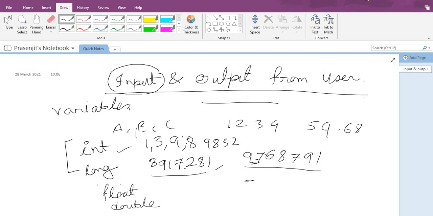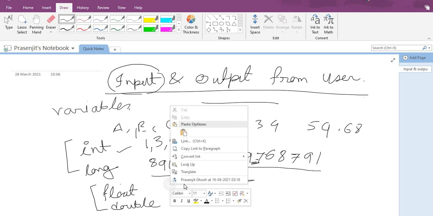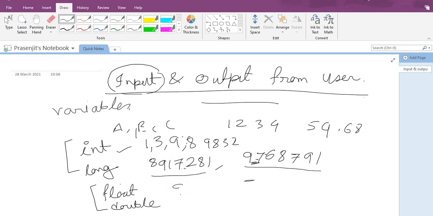Float and double both contain point values, but the capacity of float is smaller than double. Here I am writing 987.621 and 37321.661. But the capacity of double is more than float, so we can store a large number.